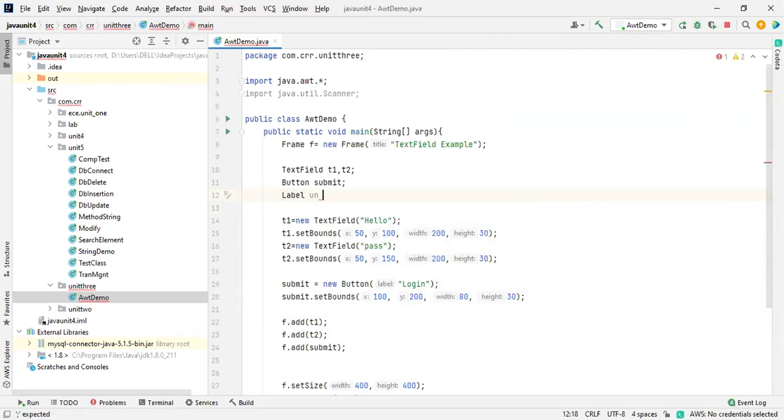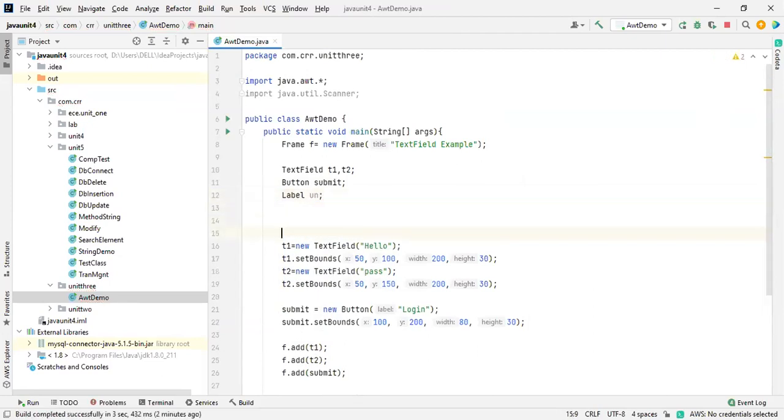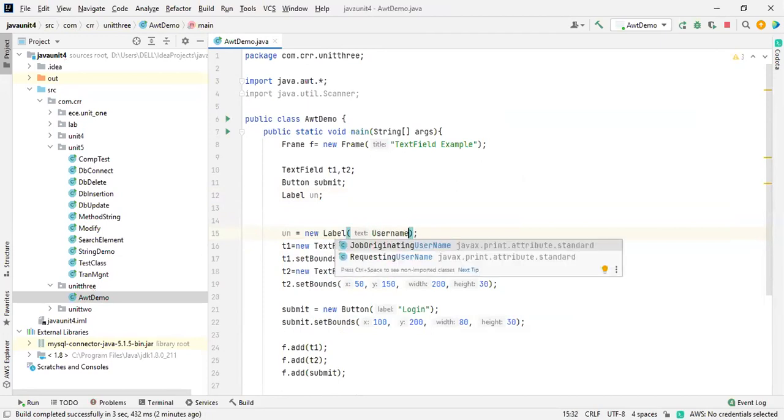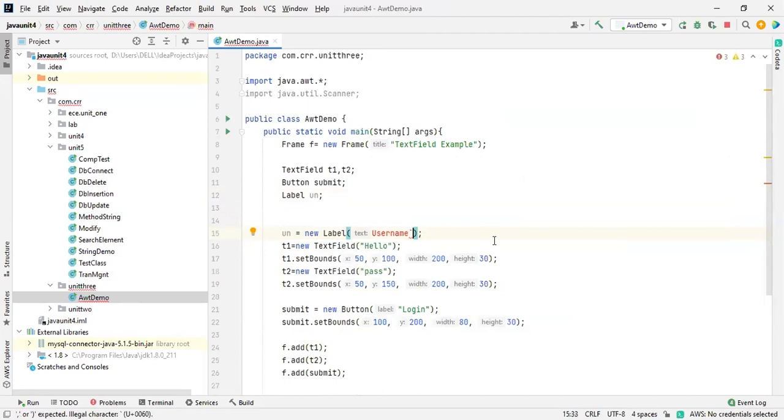So here I'm going to declare the label as UN equals new Label of. Here we have to give the string, this is username. Sorry, I need to place it inside a double quote. I forgot to do that one.